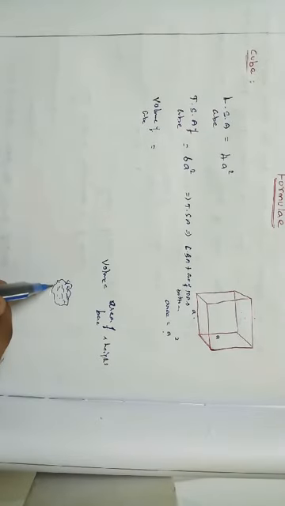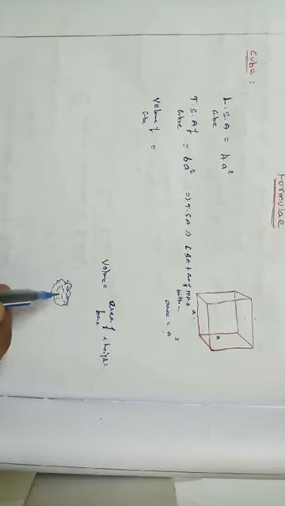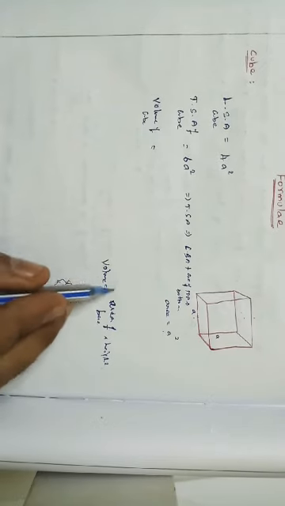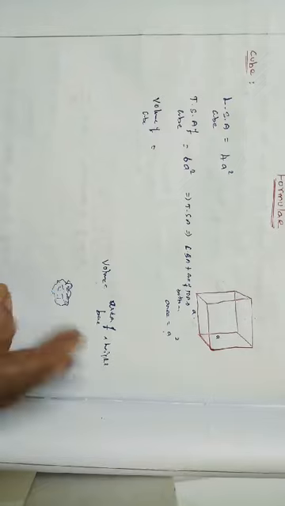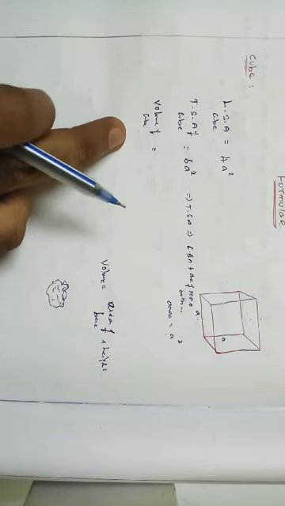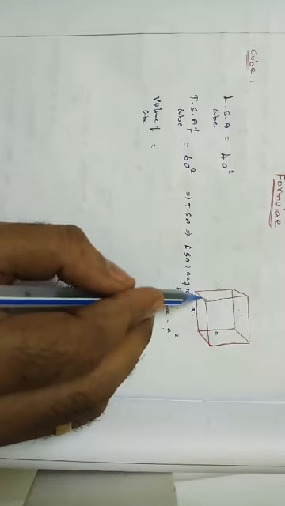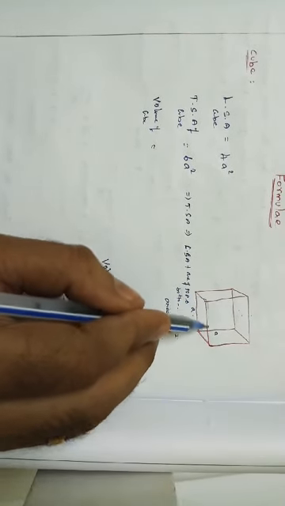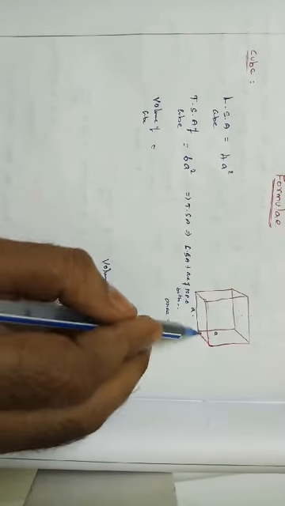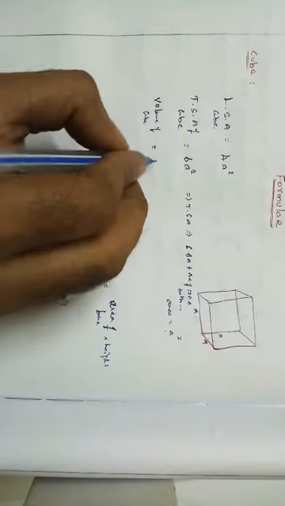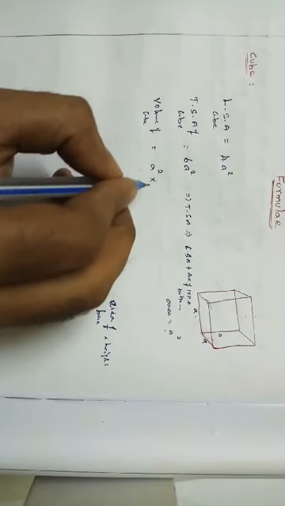We want to find the area of the base into the height of the water. That is nothing but the total volume of water. So here, volume of cube. What is the shape of the base? Square. So what is the formula for the area of a square? A into A, A square, right? A square into height.